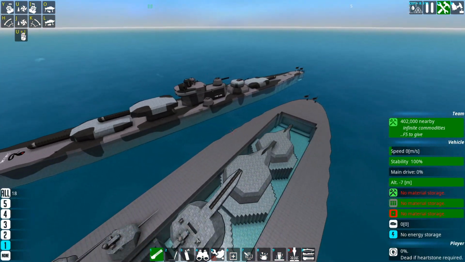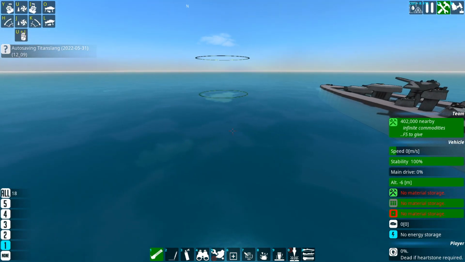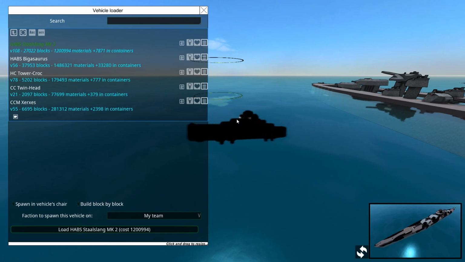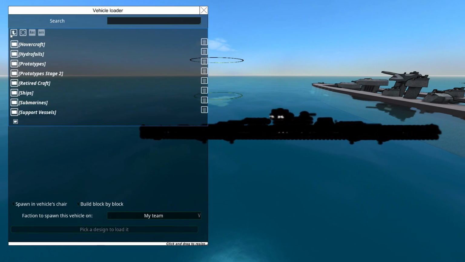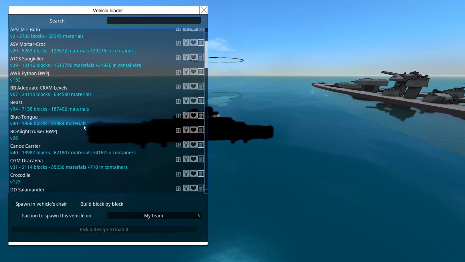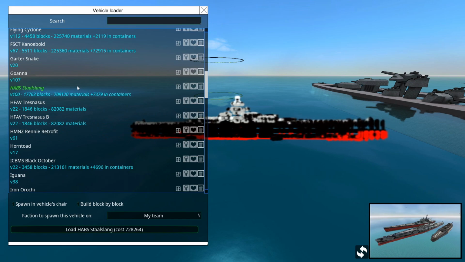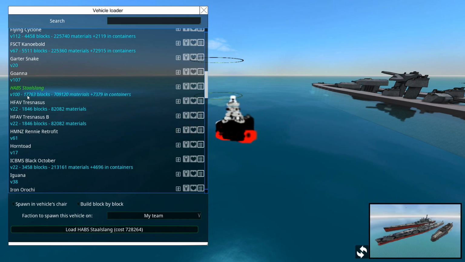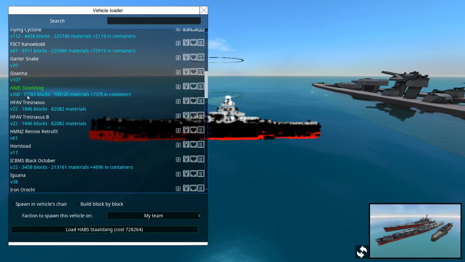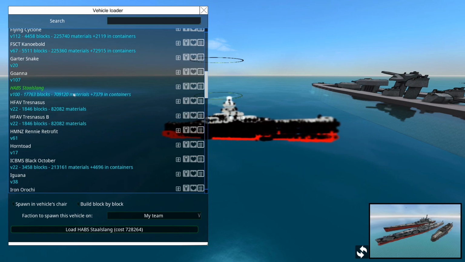Man, I already miss the Mark II because I like long, slender things. It's just that that's not a good hull for an armor scheme. Things are naturally going to be thicker. So let's go find this original Star Slung we haven't looked at in a while. That's less than 18,000 blocks. Are you joking? Less than 18...